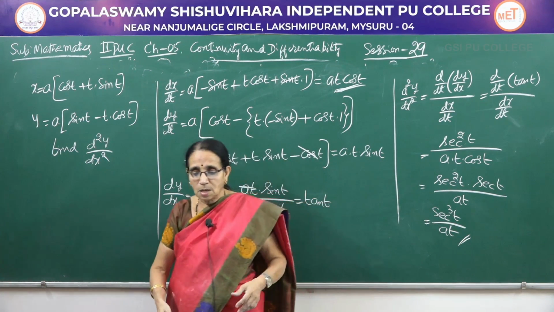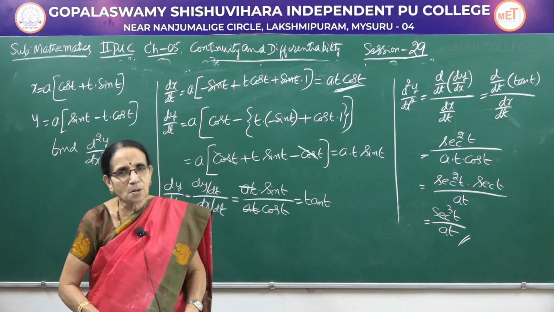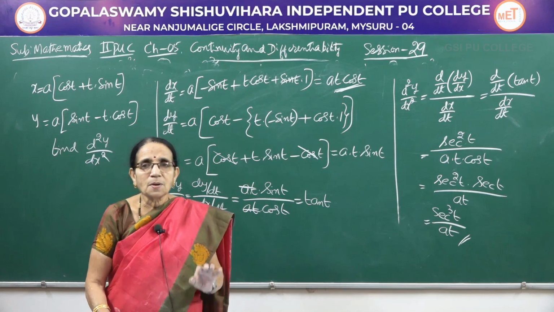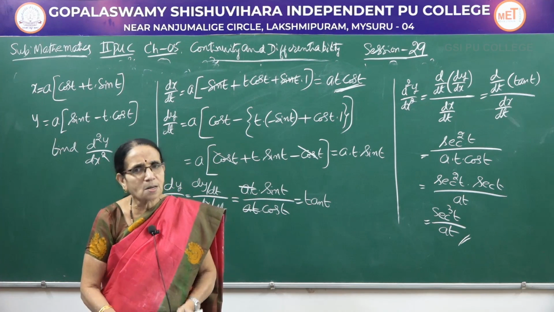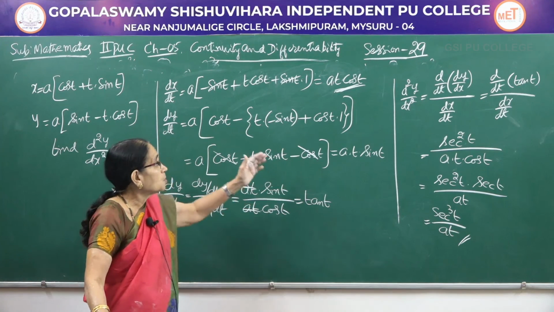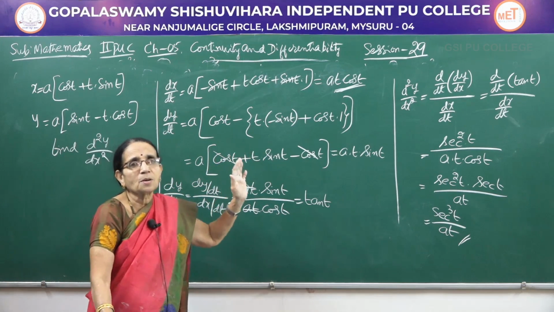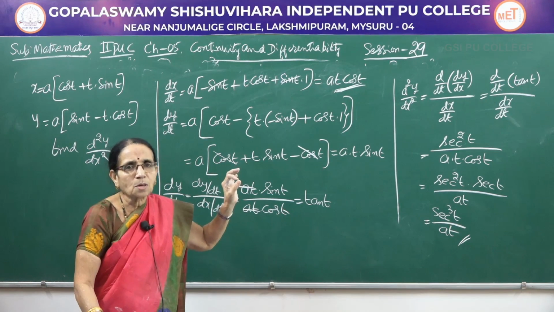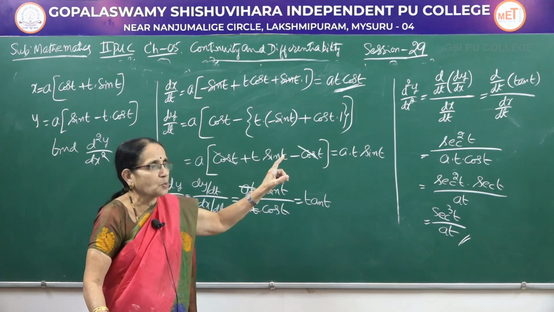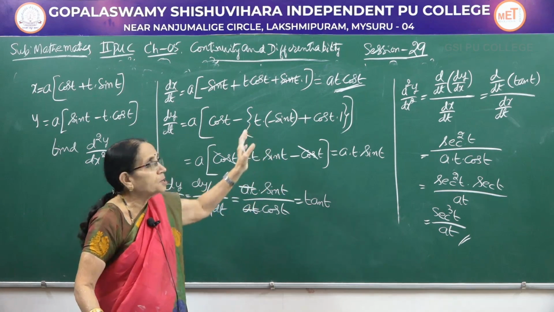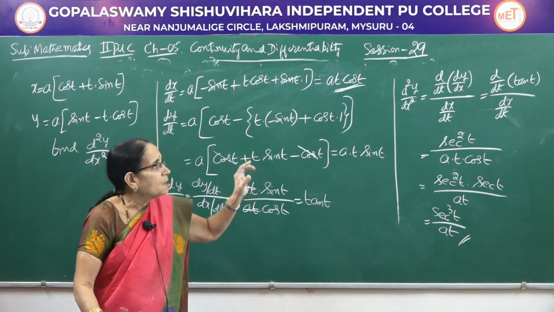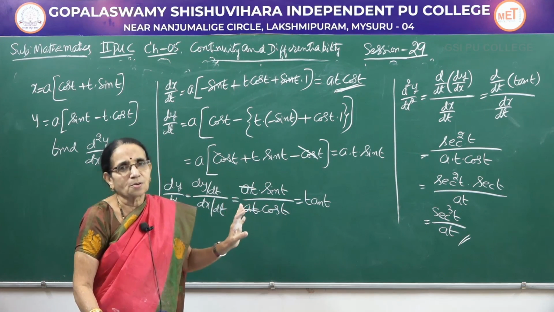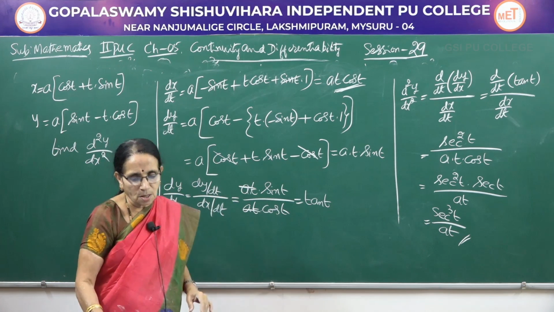Now, the second derivative. Whenever you come across a parametric function whose second derivative is expected in the problem, generally it is not given. Then you have to use that result, that is after the first derivative, differentiate the first derivative with respect to the parameter, write it in the numerator position. Denominator, the value dx by dt which is already obtained, write it in the denominator as it is. Then go for the simplification.